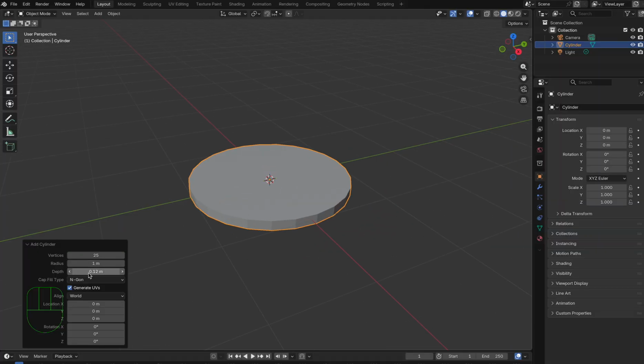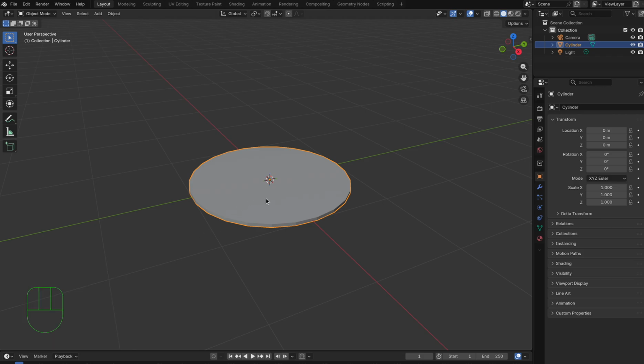So we can fine tune the depth, and if you hold down shift at the same time, that gives you a little bit more control. Okay, so now, if I select that object again, that menu disappears. So if I tab into edit mode, I've got access to all of these tools in the menu, including